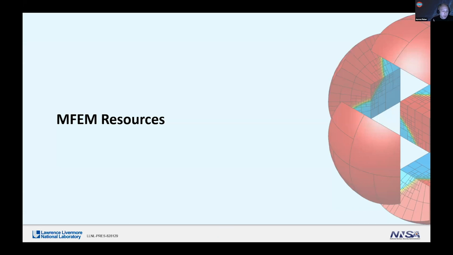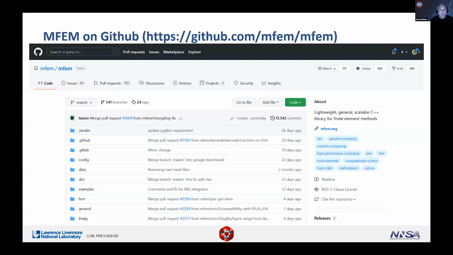Before we go on, I just want to talk a little bit about the MFEM resources that we have available, very quickly. Obviously, we're an open source code with the BSD license, and our code is on GitHub. In addition to the code, you can find our issues site there. We're quite active there, so if you need help, that's a great place to go. We're very active working on the code. We have a sizable team, but we also take contributions from outside the team. So if you're interested in putting something in, maybe talk with us on the issues,